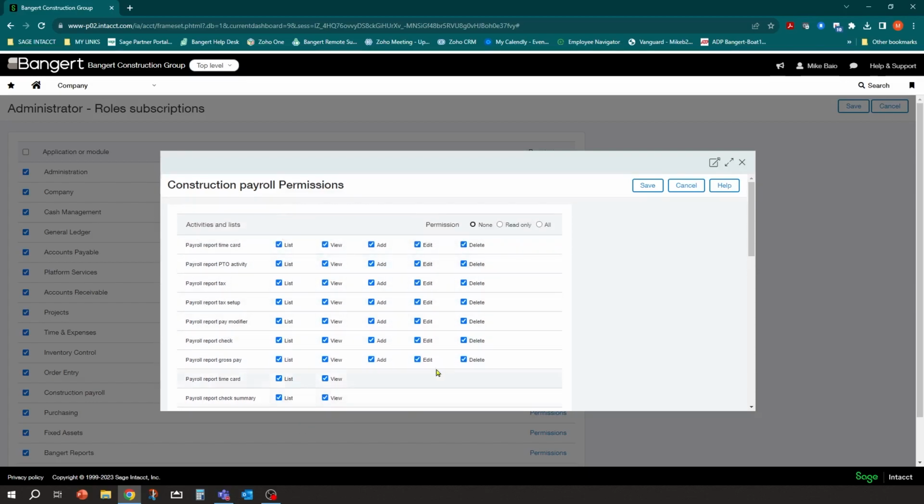So once those are turned on here, you'll be able to get access to them in the Custom Report Writer and the ICRW Report Writer. Okay, so you'd click Save. I'll just click Cancel out of here.